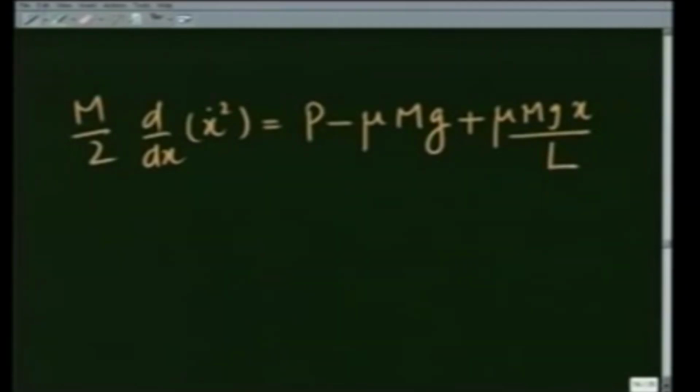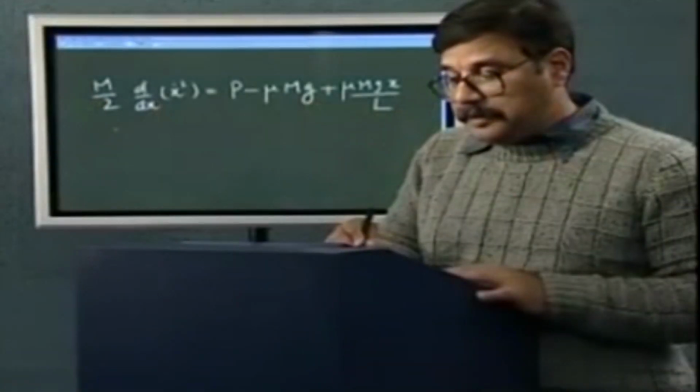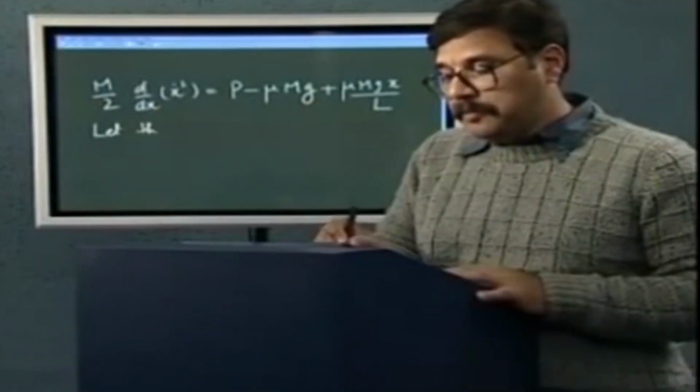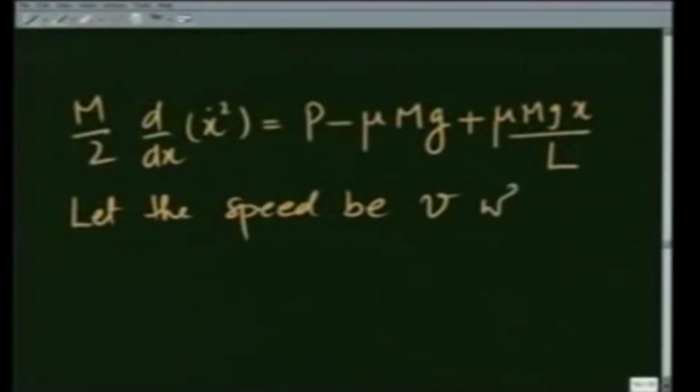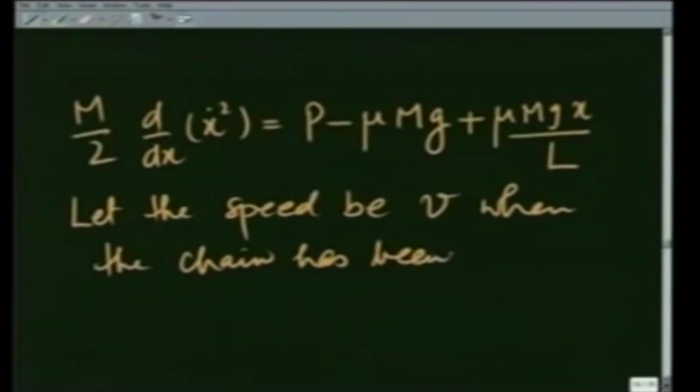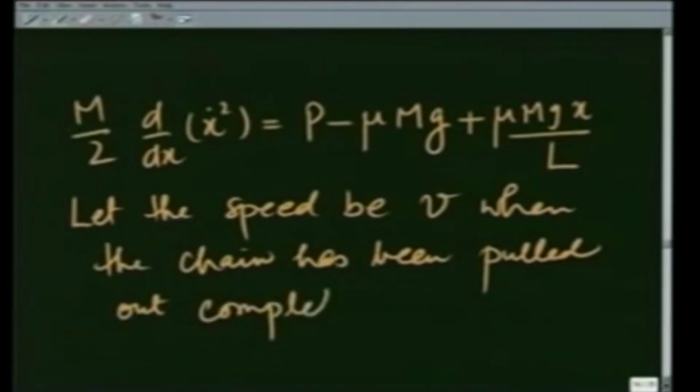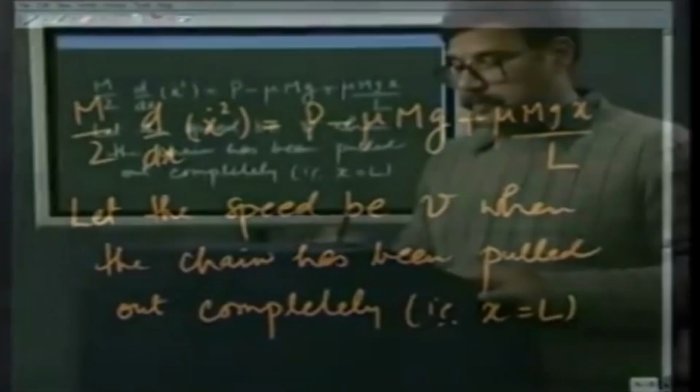Now, I can easily integrate it from x equals 0 to L. So, if I do that and let the speed be v when the chain has been pulled out completely, that is x equals L. So, by integration I get,